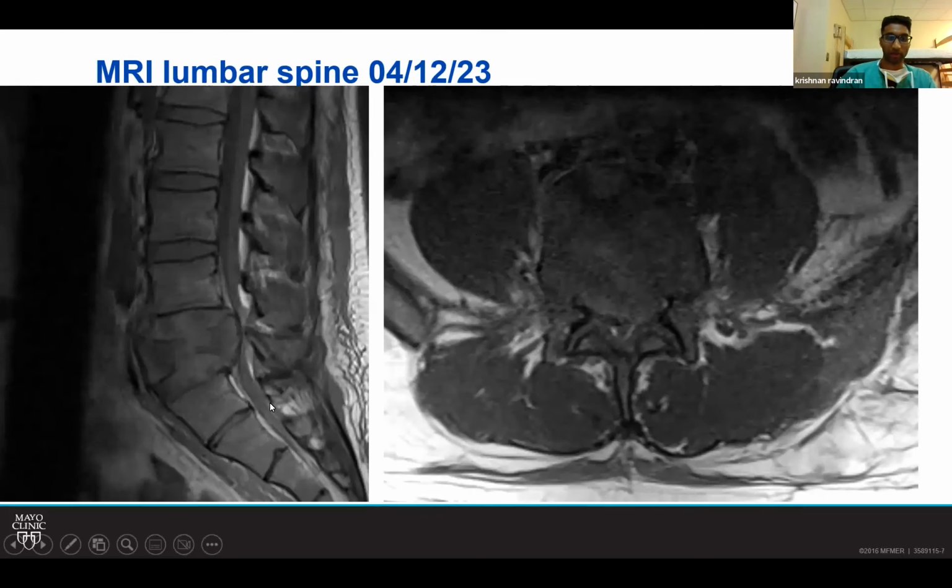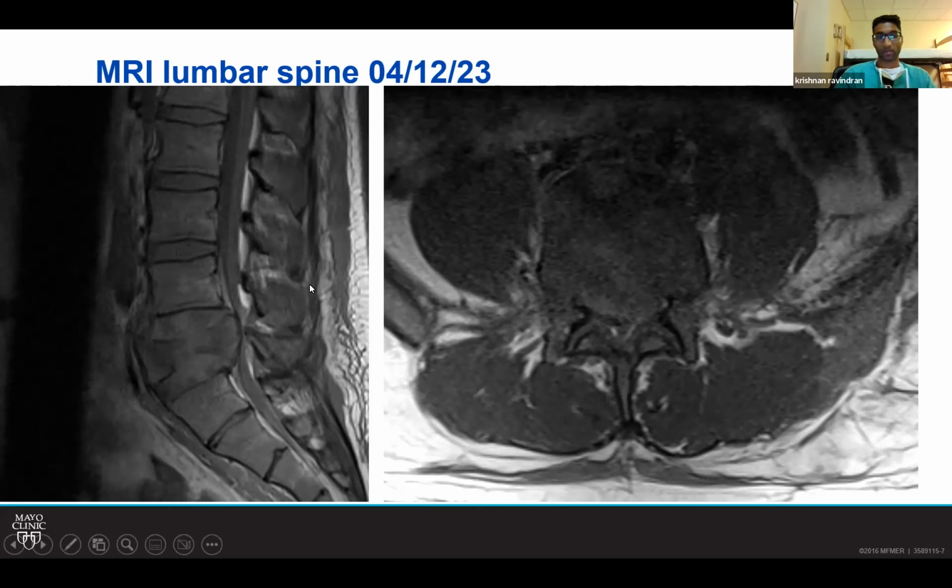Better images there. These are T1s, and you can see the fracture morphology a little bit better here. You can see how narrow the canal is, and how there's widening through the interspinous space there. And then here you can get a better idea of the facets and how there's widening of the facets there. Presumably he's got capsule compromise. So essentially what we have here is a 3-column injury at this level with evidence of posterior ligamentous complex